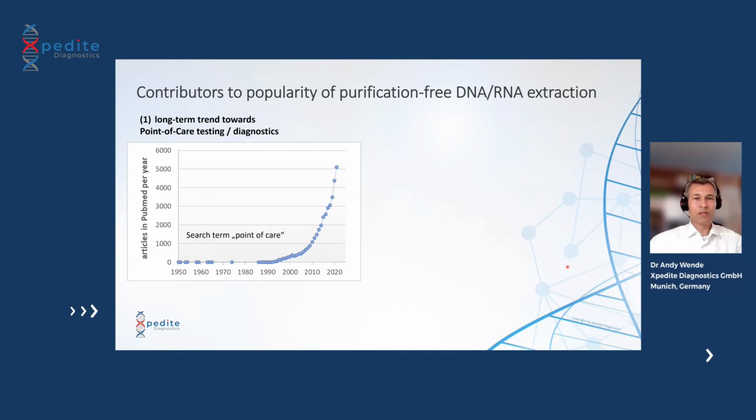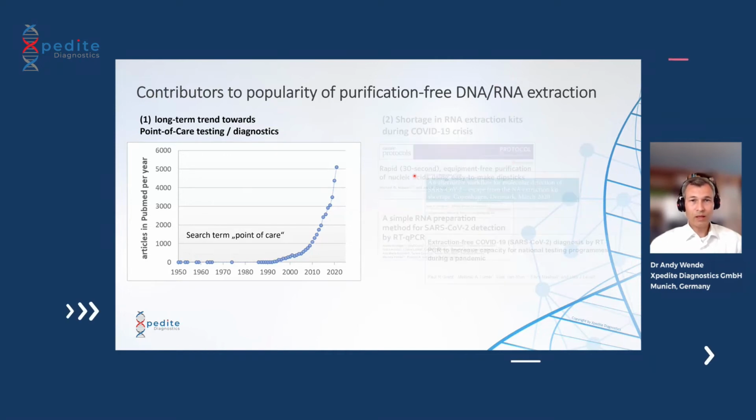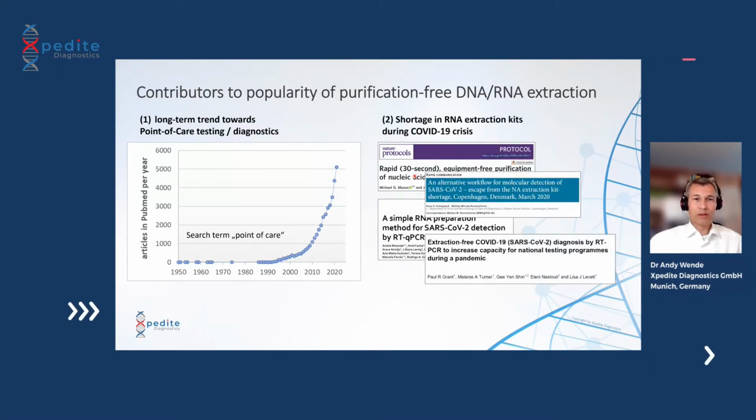That table here shows you the number of articles published in PubMed per year. So you see a very nice trend since the 1990s, basically going up to, in 2022, that was the last data point, we had more than 5,000 publications that somehow were about point-of-care testing. And the second important